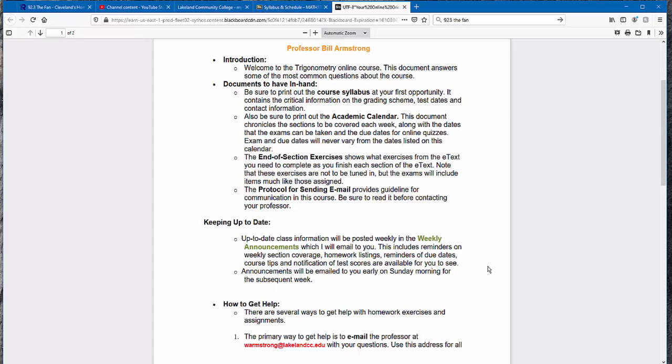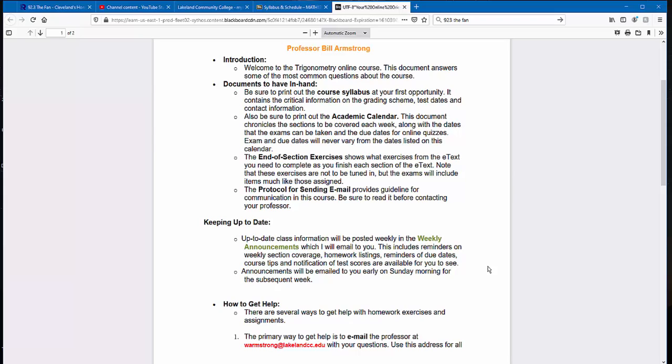Up-to-date class information will be posted weekly in the weekly announcements. And it says I will email to you. Now, what I will do is put the weekly announcements in the announcement area at Blackboard. And I believe Blackboard will automatically send you a notification that I've posted an announcement.